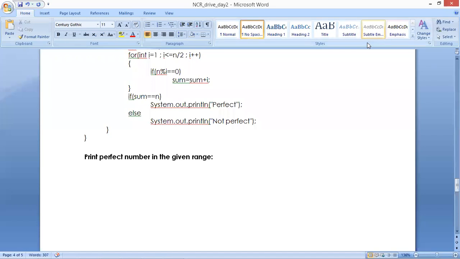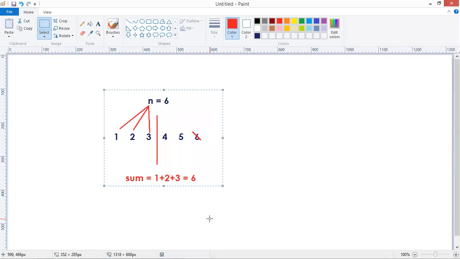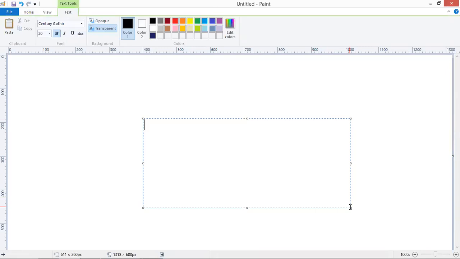So here, now here it is. This is the perfect number logic. You know that perfect number logic. How are we writing? Suppose n, for I value starts with 1, I is less than or equal to n by 2, I plus plus.